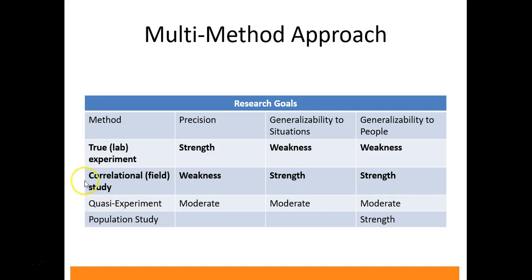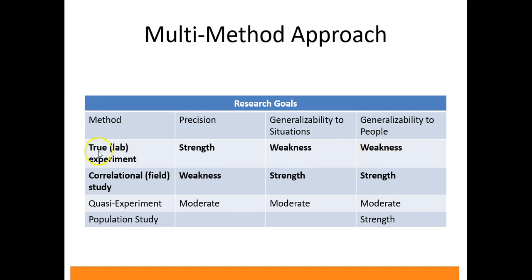And so just to keep in mind, a true lab experiment, which we talked about, which has to do with manipulating the independent variable, having a lot of experimental control, those types of studies are very good for precision and being able to say that the independent variable causes a change in the dependent variable, but are pretty weak when it comes to generalizability or external validity. There's not much real life because we don't really mimic real life. We're usually in a laboratory. We have a very specific group of people in our sample,